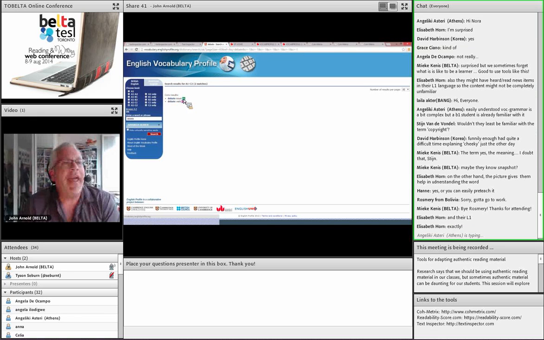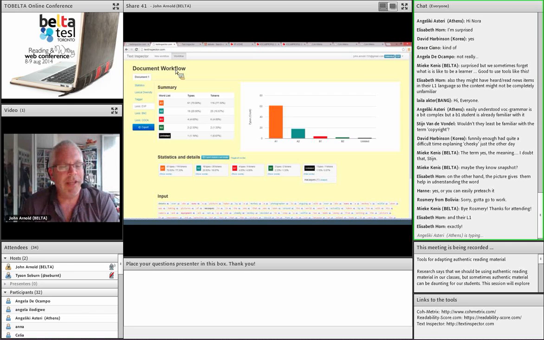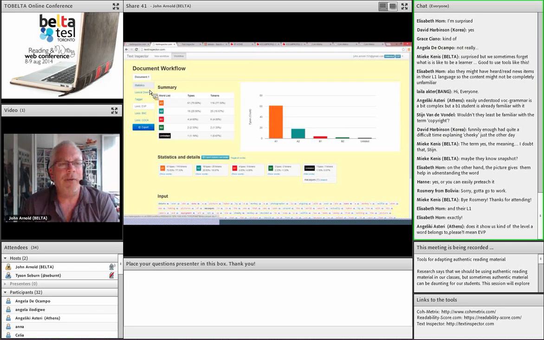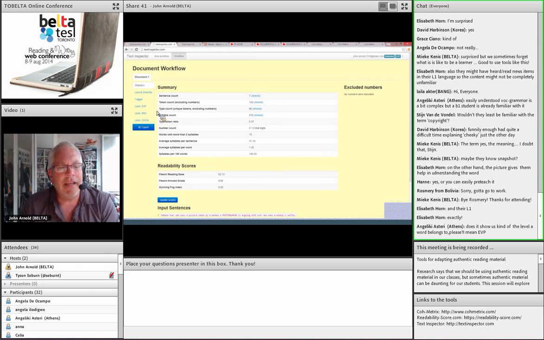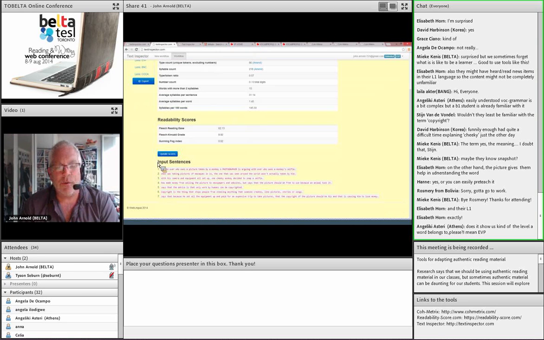Okay, so in terms of syntax, I showed you that one of the nice things about the Text Inspector is that it really lays out your sentences for you. And you can see which sentences might be problematic. For example here, sentence 2 is a complex sentence. And of course, it's missing the name of the photographer, the word Indonesia, and the year.